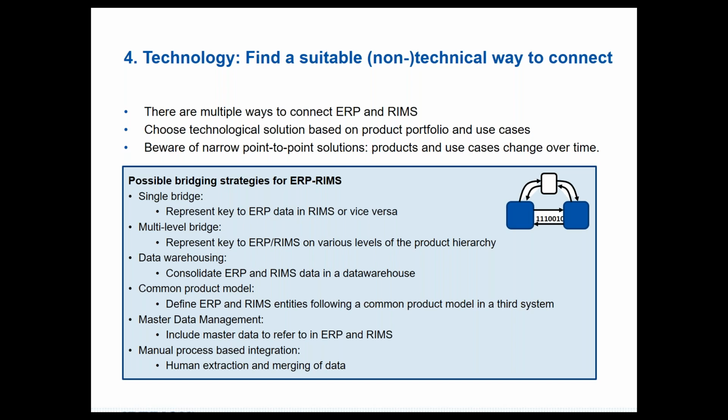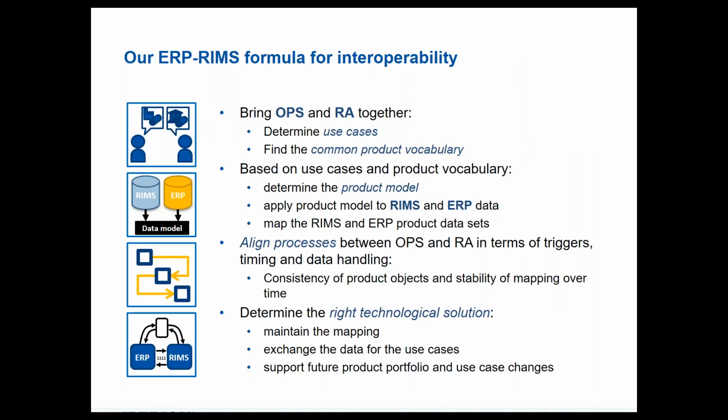So these are a number of technological solutions that could be applied, but it's always important to run through the 3 first steps first, to set up your use cases and define the requirements you need for your specific business situation. We can now summarize in the next slide